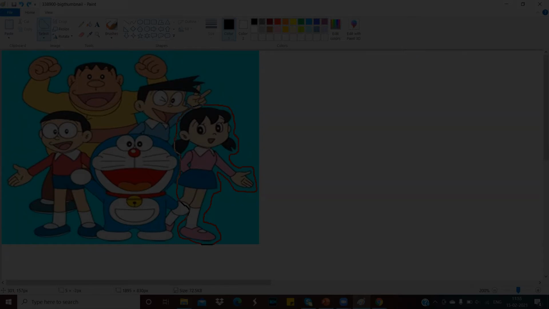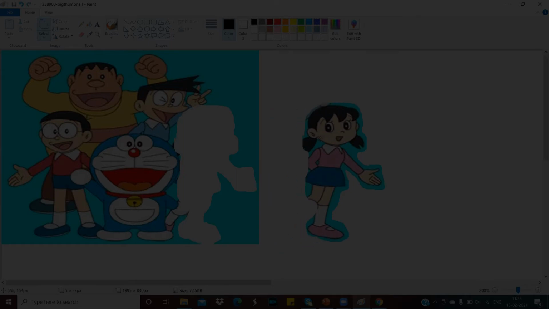Till the starting point you have to do this dragging, then release the mouse button. Now when we left click and drag the mouse, we can see the selected portion clearly. This is the difference between the two types of selection tool, the rectangular selection tool and the freeform selection tool.